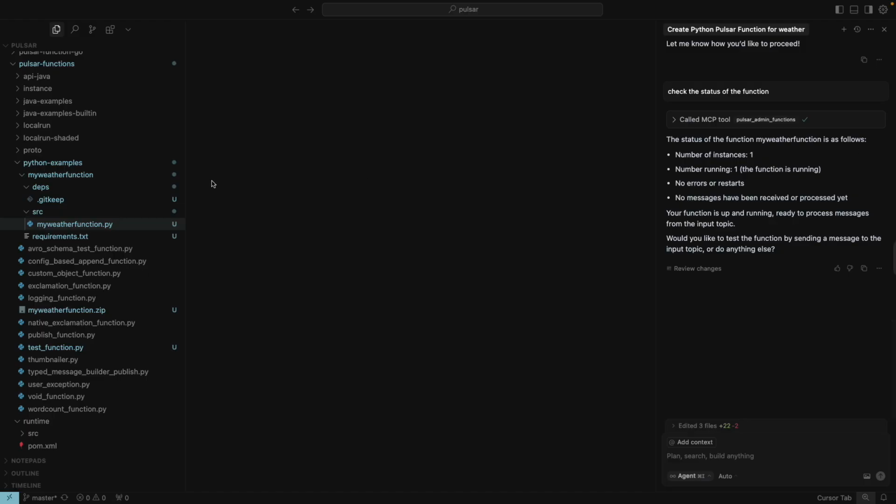But I've tried to make the cursor rules file as helpful as possible, so that a lot of the common problems related to the zip file structure are always going to work out for you using that cursor rules file. So I'll say let's